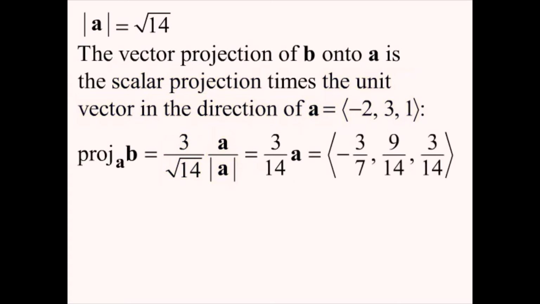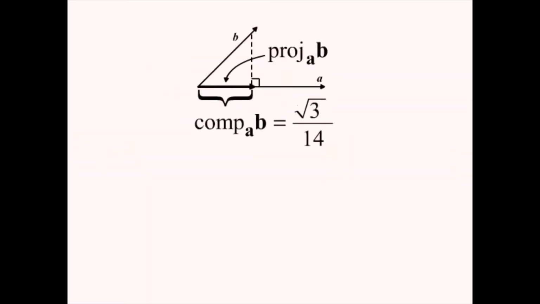And as we expect, when we multiply a scalar times a vector, our answer will be a vector. And it will be the vector negative 3/7, 9/14, 3/14. Now let's get a look at that vector projection. And you can see